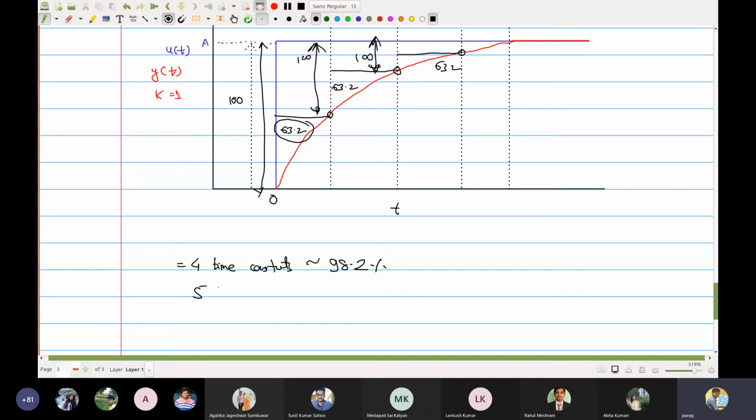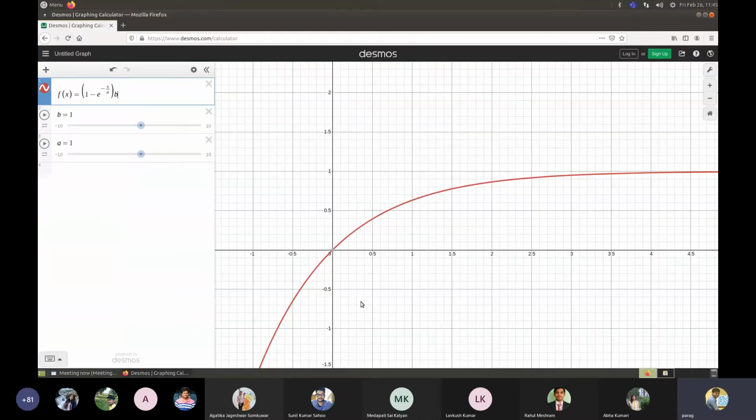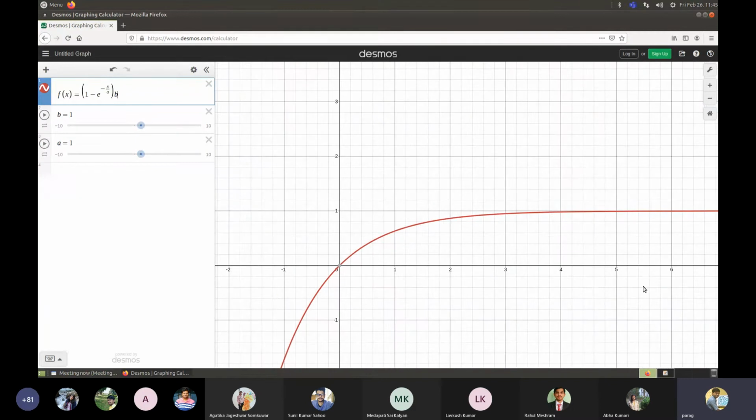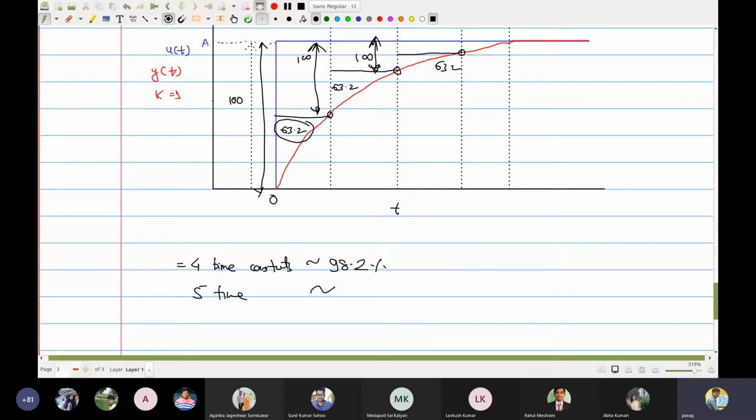And if you want to still go 5 time constants, let's see how it goes. 99.3. So this is 99.3. Okay, so now if you have to ask how much time the system will require to reach the